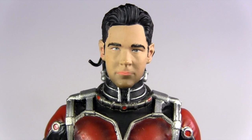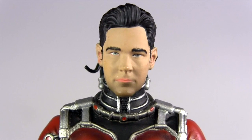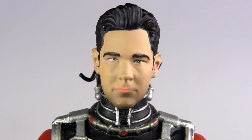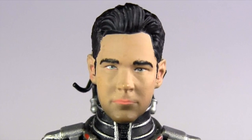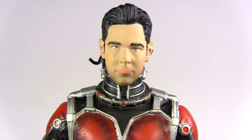Oh yeah, Ant-Man. So yeah, while I think the likeness is there in the sculpt, I think the sculpt has been done a disservice by the deco. The painting of the eyes is a bit bungled. The attempt at rendering the stubble in the deco is noble. Yeah, I feel the grey of the paint of the stubble is bringing out an ashiness in the overall flesh tone. And the painting of the lips is making him look like he's wearing lipstick. But hey, if Scott Lang / Paul Rudd / Frenchie Stewart wants to wear lipstick, well, it's 2015 people, who are we to judge? So my opinion on the unmasked head is mixed,